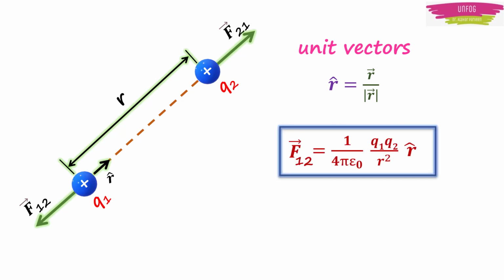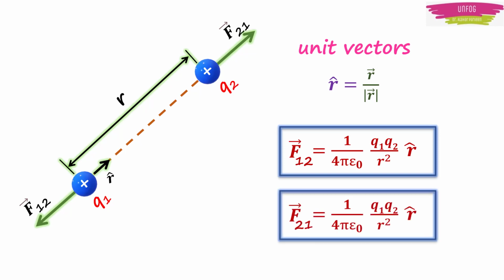So what we were discussing is that Coulomb's law in vector form is expressed along with a unit vector as F12 is equal to 1 upon 4 pi epsilon naught Q1 into Q2 upon r square with a r cap. Or if you take in the other direction, the F21 force is equal to 1 upon 4 pi epsilon naught Q1 into Q2 upon r square into r cap. One can find the Coulomb's force if charges Q1 and Q2 and distance between them is given using this form of Coulomb's law in vector form. And one can also find the Coulomb's force without the information of r. If the position of the two charges is given, that will be enough for us to find the Coulomb's force.